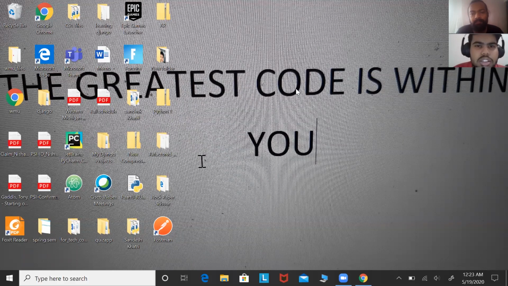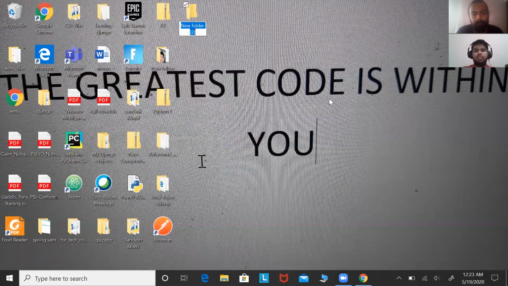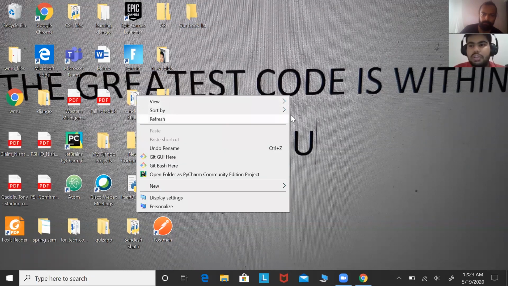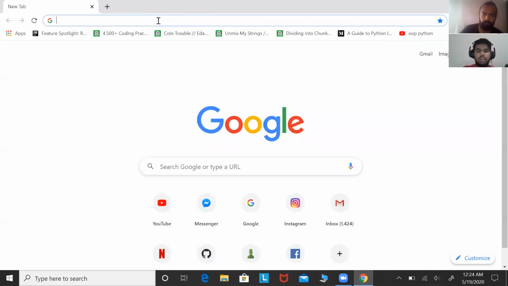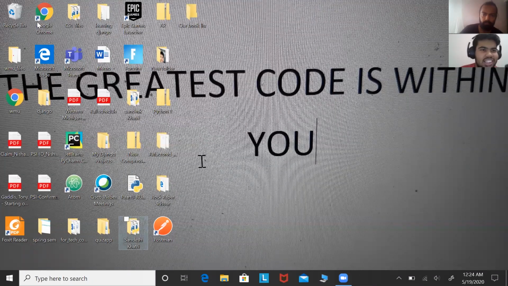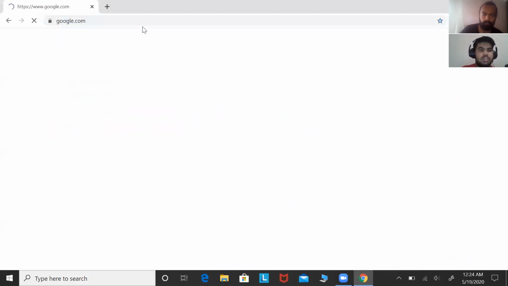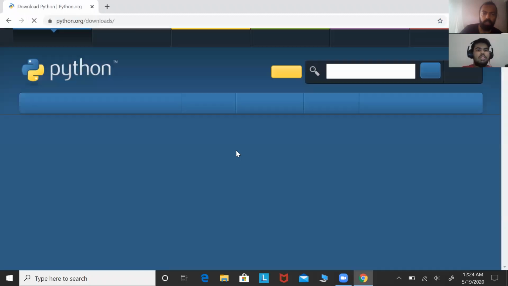Now, in order to create this app, firstly, I'm gonna make a new folder. So let's name this folder books. And now we're gonna have to create the virtual environment for Python. Now, if you guys have not installed Python, I recommend you install Python first. You can do this by going to Google and writing Python. Whoops, this is not the website I meant to go to. You can go to Google and type Python, and here we go. So depending upon which